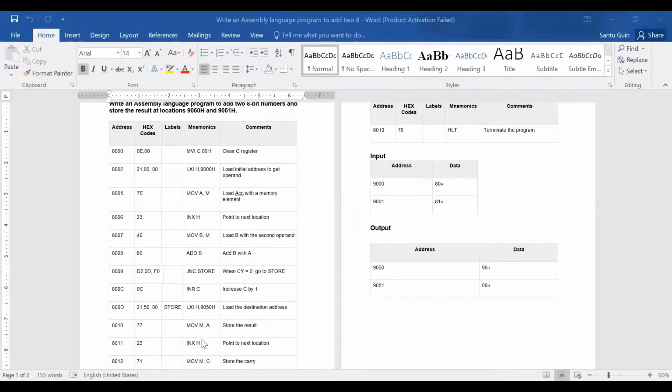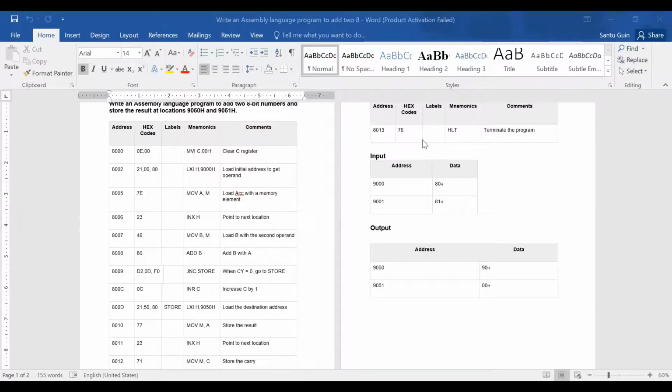Then I need to store the carry portion, which is in the C register. To store the carry in the next memory location, 9051, as per the problem statement, I need to increase the memory location by 1 so that I can store the content of the C register in that location where the carry will be saved.